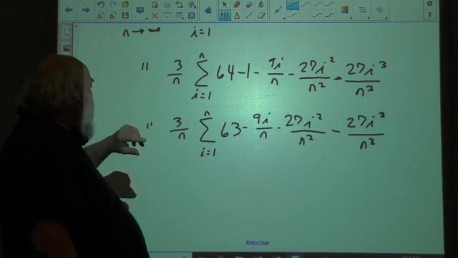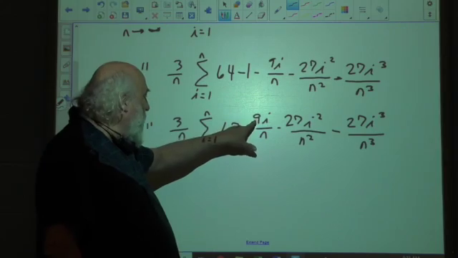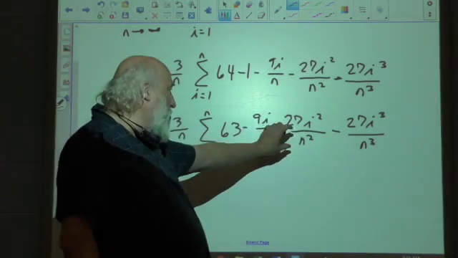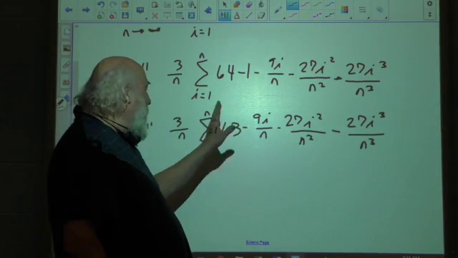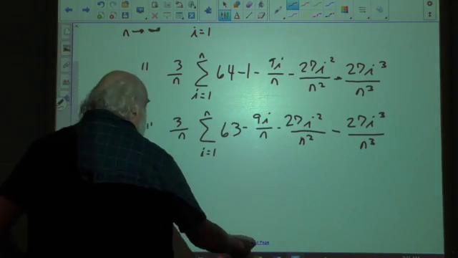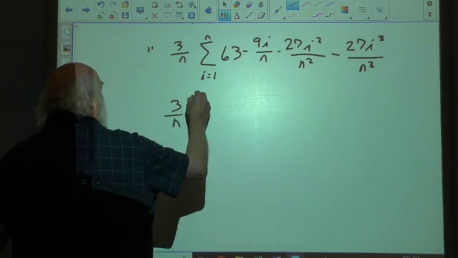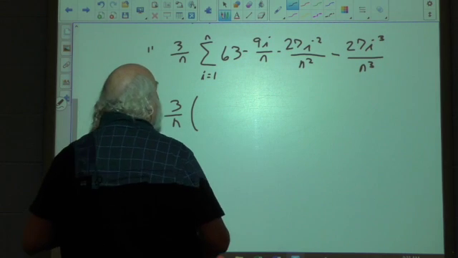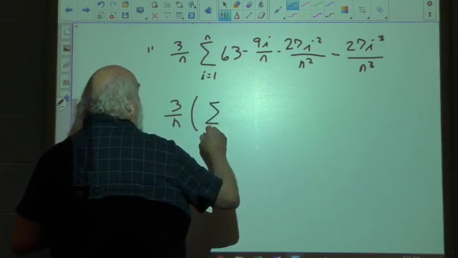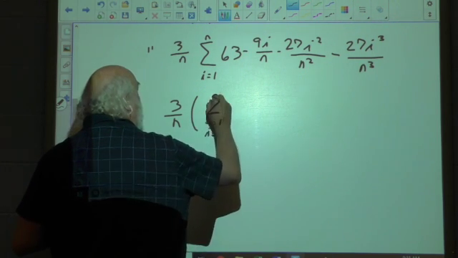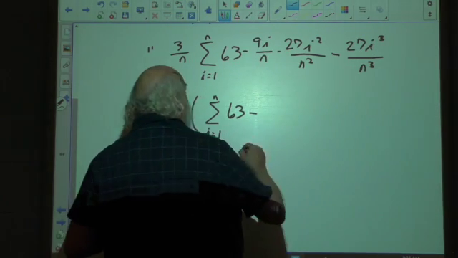At this point, I'm going to identify the fact that 9 over n, 27 over n squared, and 27 over n cubed are constants, and I'm going to separate the sigmas for each one of these. So this becomes 3 over n times the sum of 63 minus